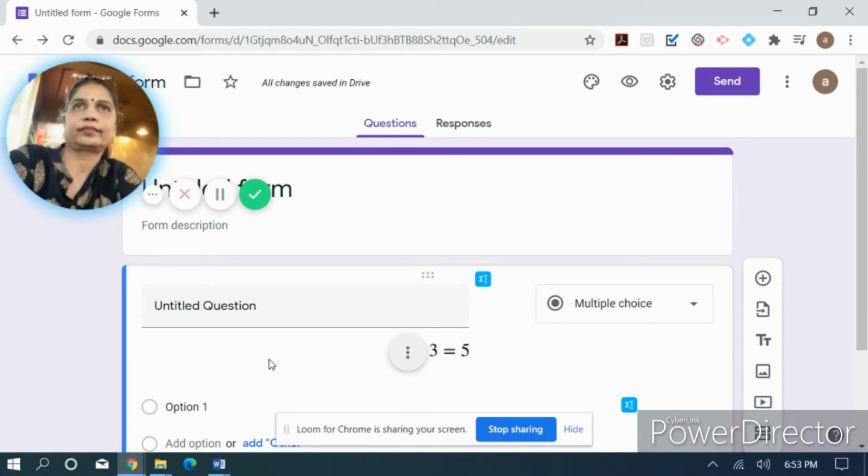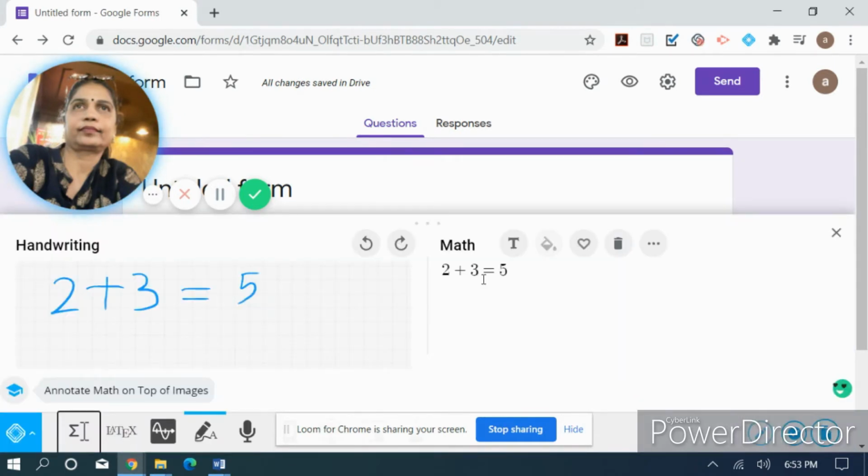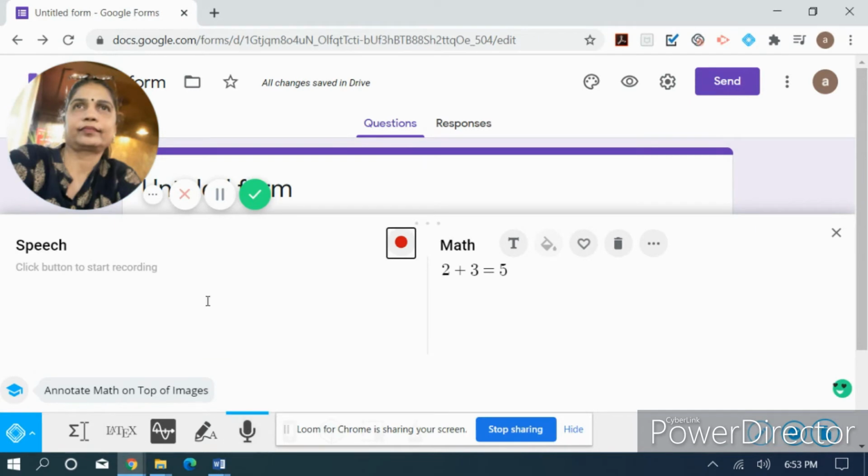This was one method, handwriting. The next is something else, where you have a speech input. You can see this mic icon. Click on it, and then there is a red button which, when you click, starts recording your speech.